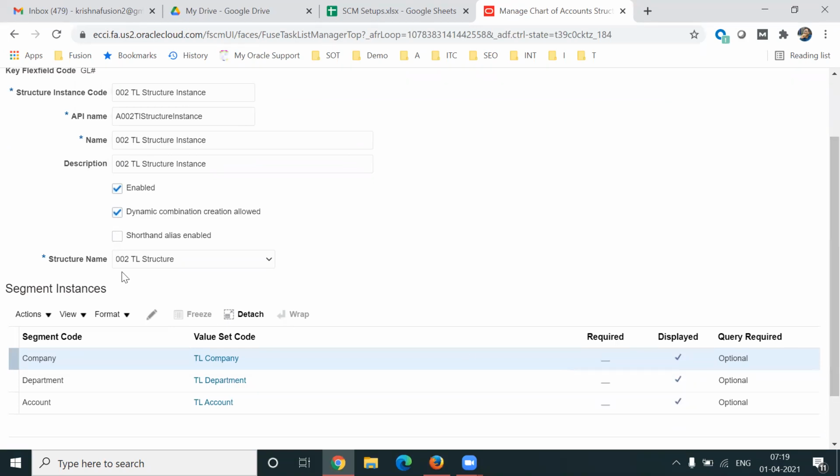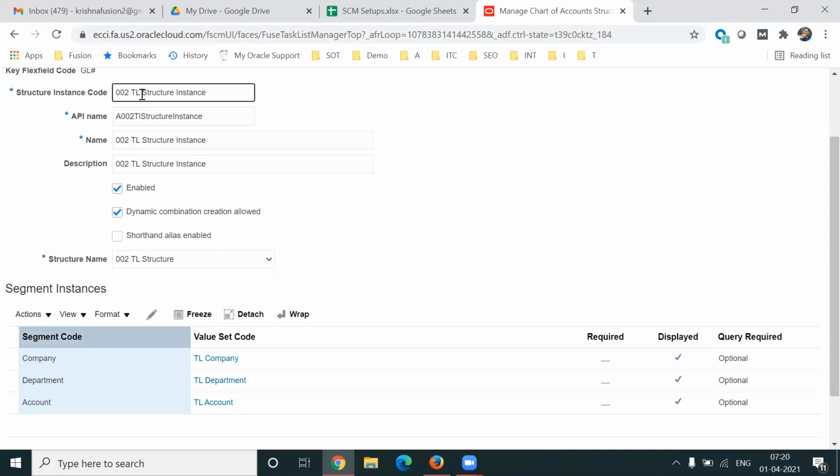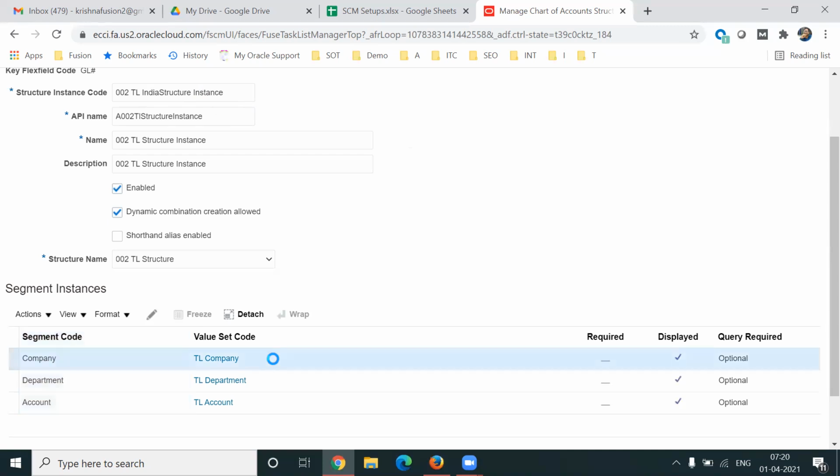And now the moment I select my structure, I see all the 3 segments created under my structure, right? Suppose you are creating this structure only for India. If you want to use this structure only for the India ledger, then name it as India structure instance. And if you want to use only 2 segments,